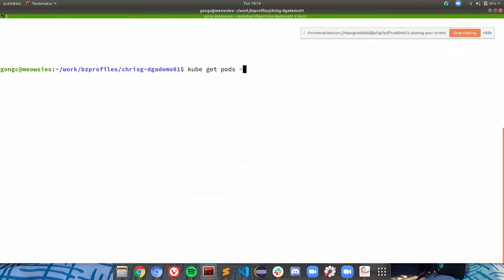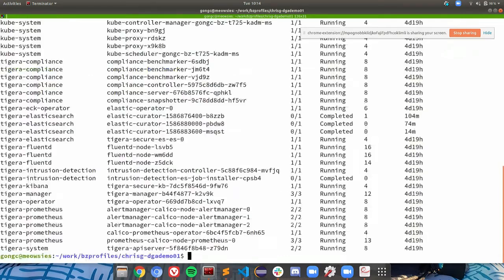So to begin with, I have a Kubernetes cluster with Calico Enterprise installed. And so you can see here all the pods currently existing on the cluster. So the first thing that we want to do is to actually install the DGA detection. And to do that is actually very simple. We simply apply a manifest